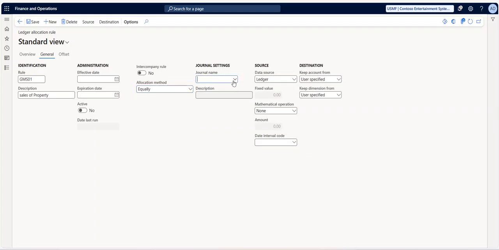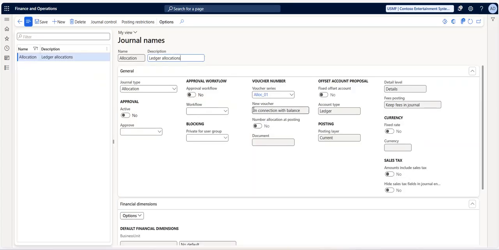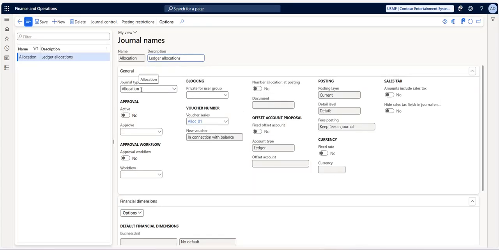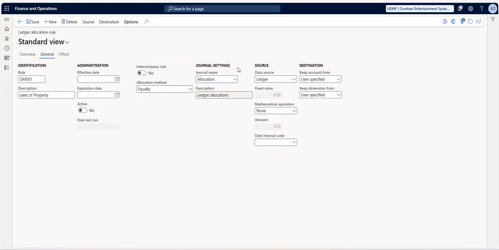And here we will select the journal name, allocation journal. For this allocation journal, the type name will be allocation. You can see the journal type is allocation. So you should be aware of what the journal type is for allocation and what the journal type is for journal. This is a common question usually asked in interviews. So if they ask what is the journal type for journal, you should be able to answer it is daily. For allocation, it will be allocation. For periodic, it will be periodic. Okay,